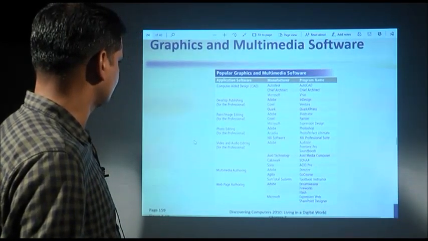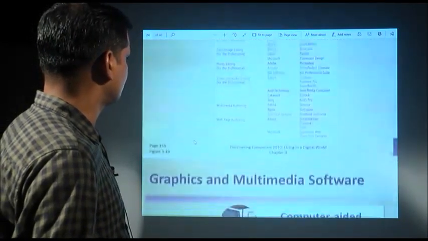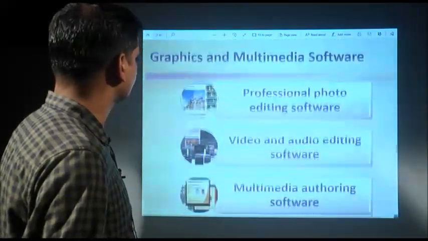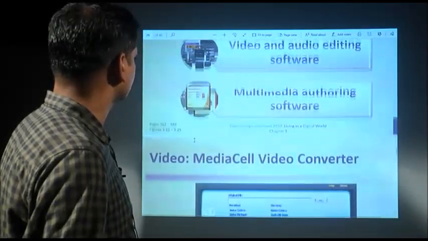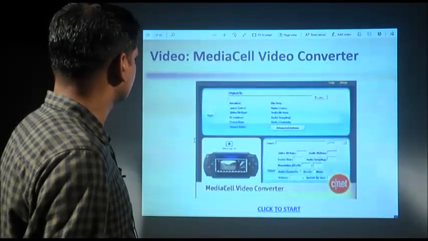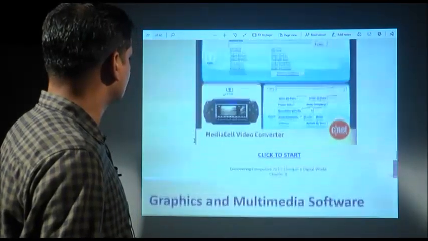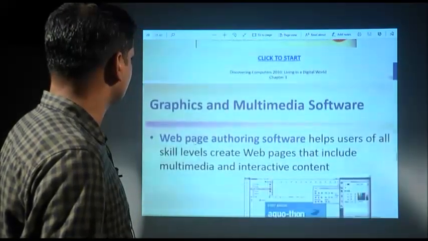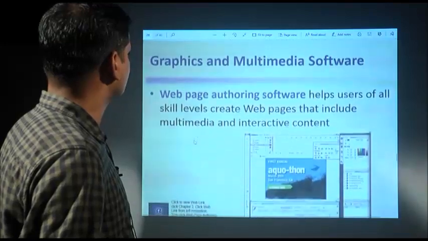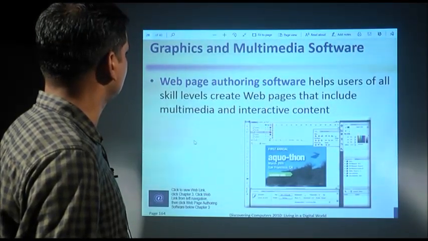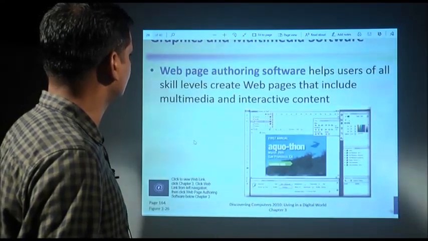For the purpose of designing web pages, those are the software used. MediaCell video converter, these are some of the application software. Then coming to web page authoring software, it helps users of all skill levels to create web pages that include multimedia and interactive content.